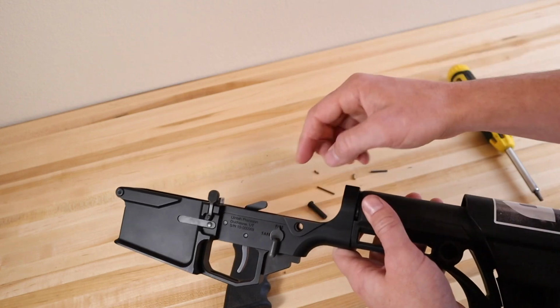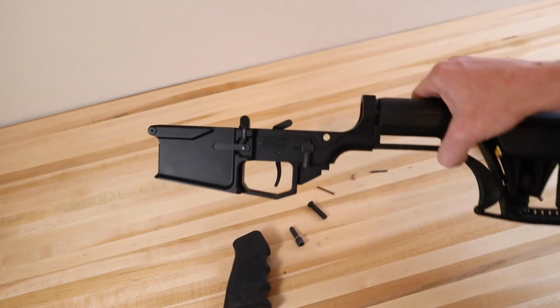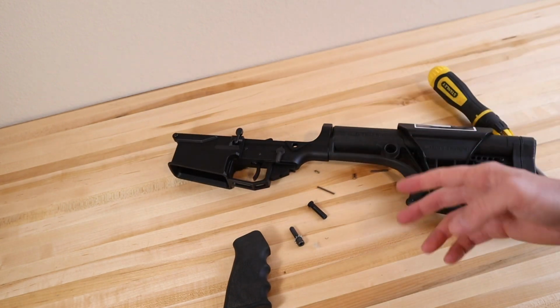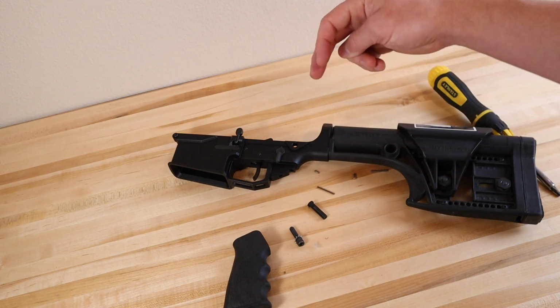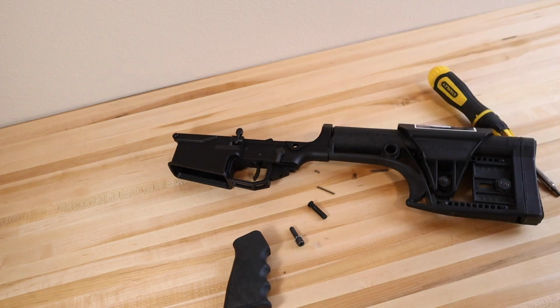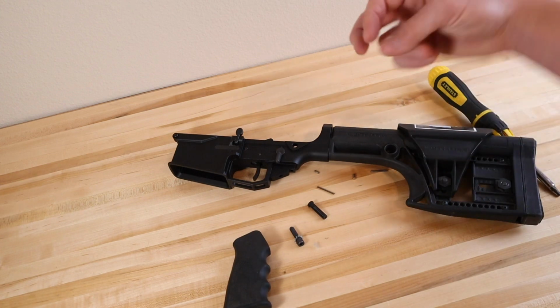Go ahead and install it, and then put your pin back in and put your set screws into the lower. Now, one thing on that, if you are using a polymer lower, Uintah Precision mentioned that some people have had issues where those set screws will go into the plastic because metal is stronger than plastic. So if you're using a polymer lower, be aware of that,